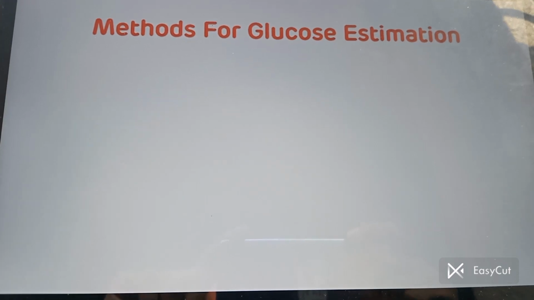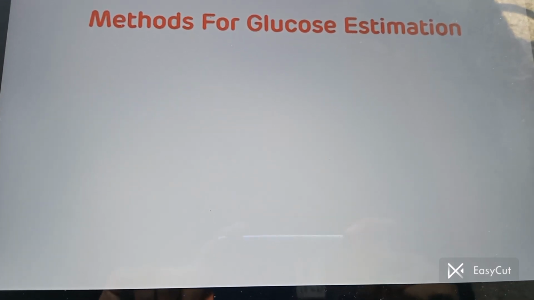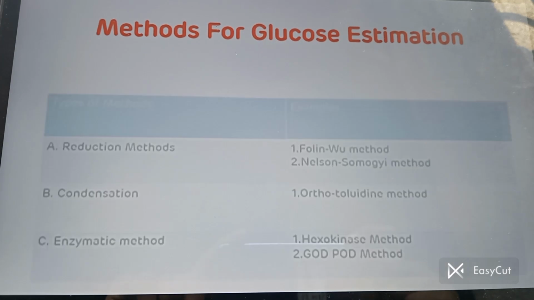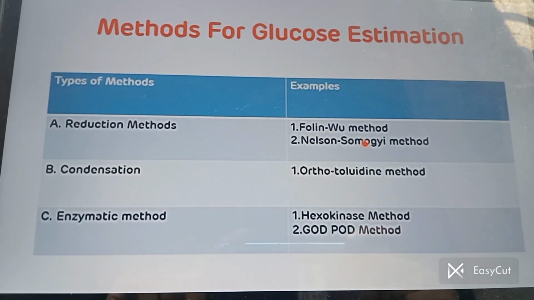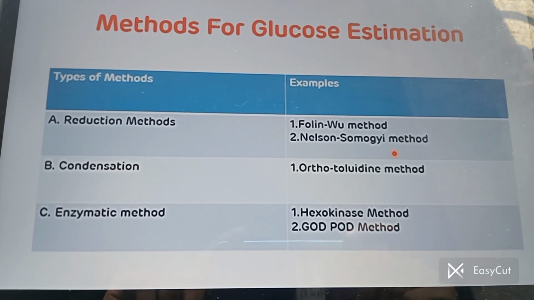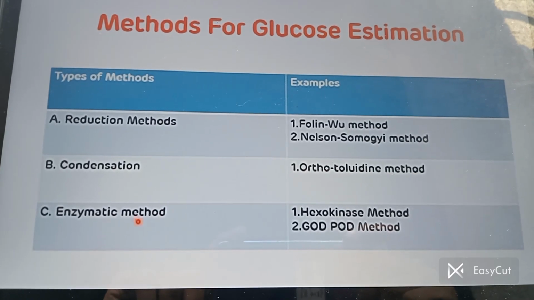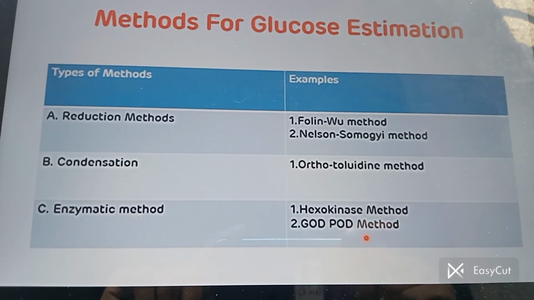Key methods are important ones. First one is the reduction method, second one is the condensation method, and the third one is the enzymatic method. In the reduction methods, examples are Folin-Wu method and Nelson-Somogyi method. In the condensation method, example is the orthotoluidine method, and in the enzymatic method, examples are hexokinase method and glucose